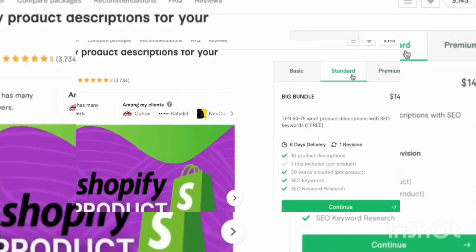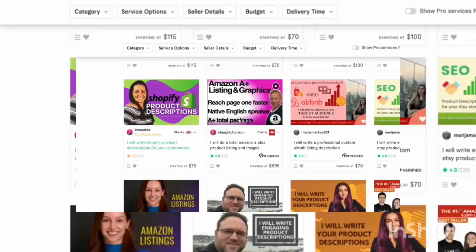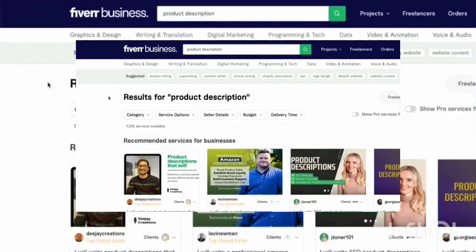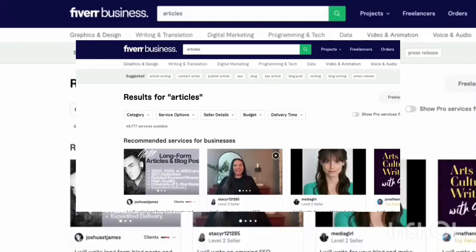$275, and I literally just wrote a product description using this software. And then we have standard and we have basic, so you could definitely go ahead and make money using product descriptions. Now another way that you can make money using this software is another favorite of mine, because I actually wrote a few blog articles myself, and I know that this AI software is really good at doing so. And using this AI bot, you can actually sell full articles online. So I'll show you an example right now.